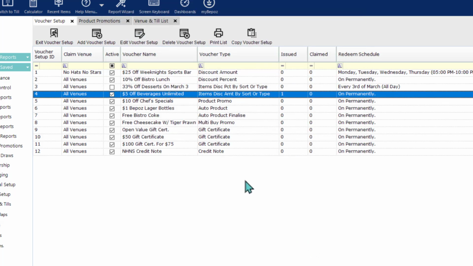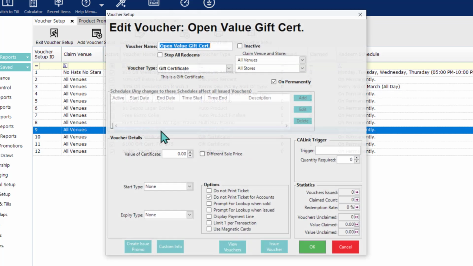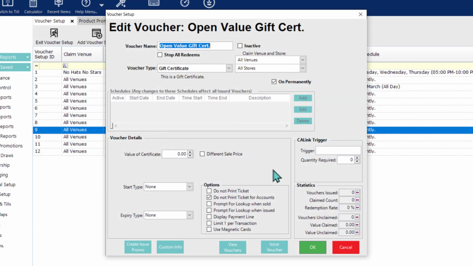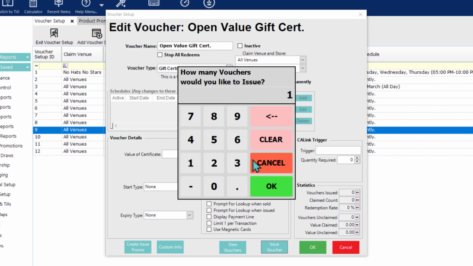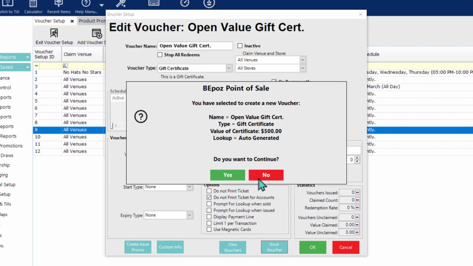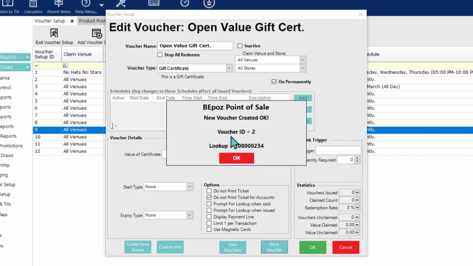So for our next example, let's sell one of these open value gift certificates. Maybe we only sell these open value ones from back office. So I will not link this one to an account, and I'll just do 1 again. And since this has been set up without a value, again, I will need to enter the value here. Let's go with, we've got some big spenders in, buying a $500 gift certificate from us. Confirmation prompt again, yes. And it is created